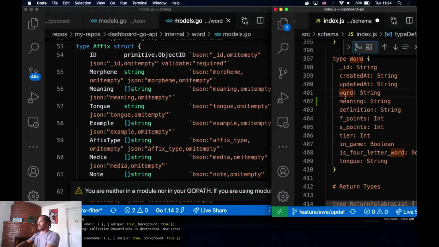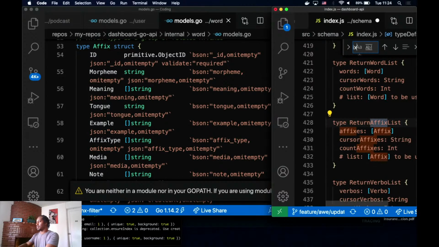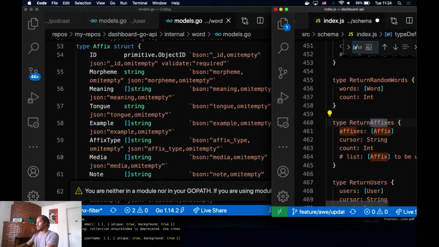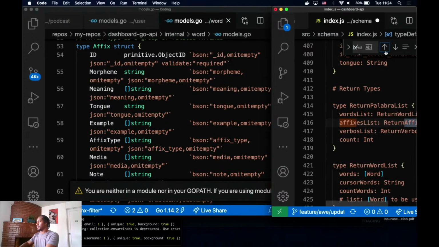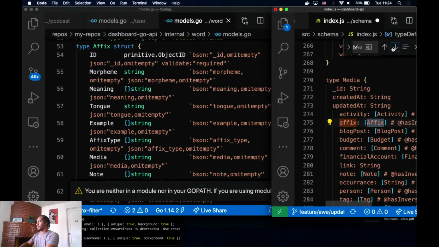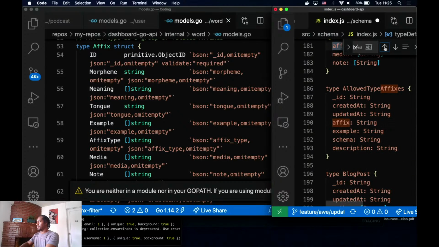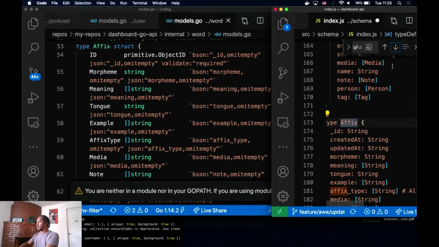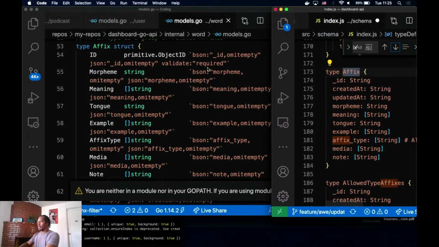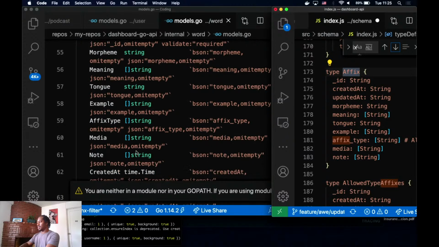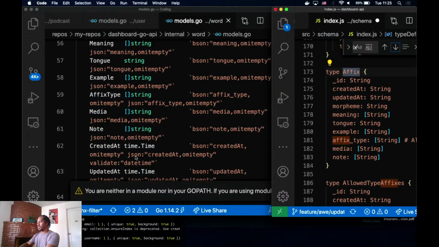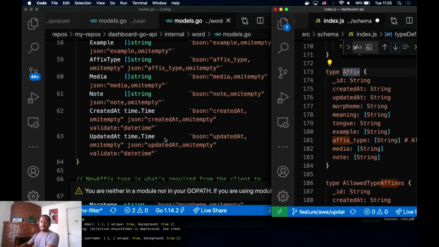Affix: ID, morpheme, meaning, tongue, example, affix type, media, note. And then I created that and updated that. All right, so that's working.